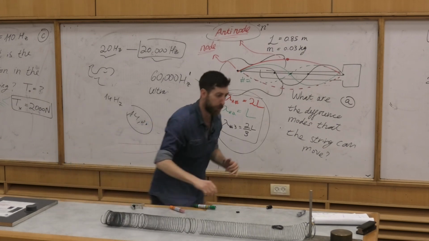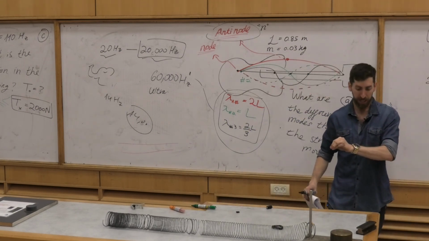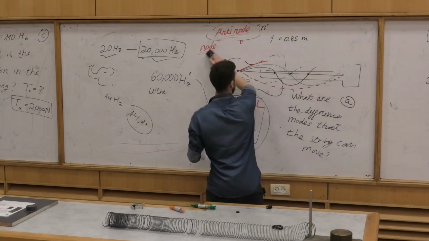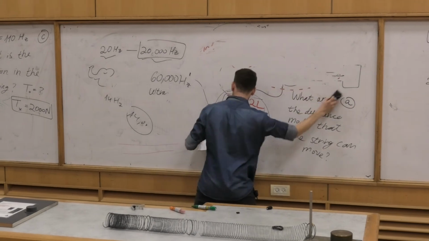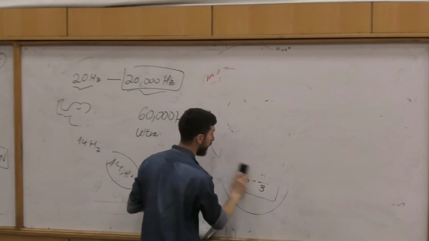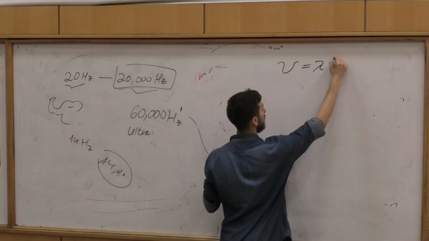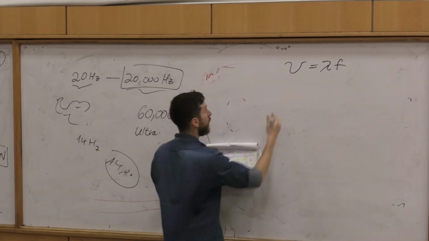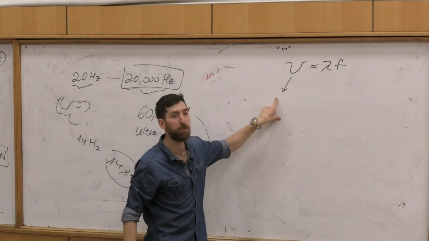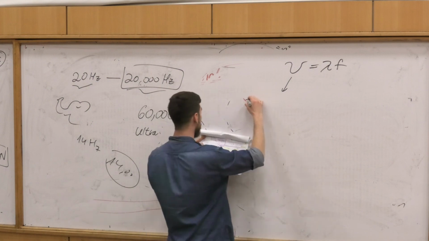Understood? We need to understand how we can shift the knowledge that we have on the string into the language of air. That's what we're going to do here. Sorry, guitar. So we have the same equation, the basic equation of propagation of disturbance, v equals lambda f. What is going to be the speed of the propagation in air? Maybe you heard this term before. Speed of sound, exactly. And this is really fast.